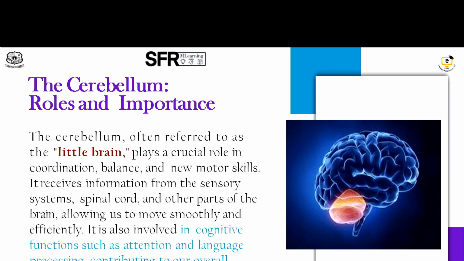What is the main function of the cerebellum? Yes, the coordination of voluntary movements and your body balance. We are walking straight because we are perfectly balanced. We are driving a bicycle or a motor vehicle straight without jerking. That is all because of your cerebellum acting properly. And your storage of learned motor skills: your learned motor skills are your procedural memory, the things which we do step by step on a daily basis. These are all stored in the cerebellum.